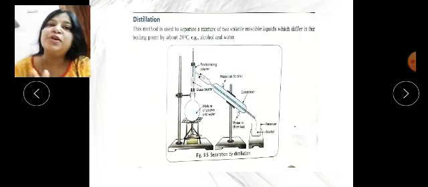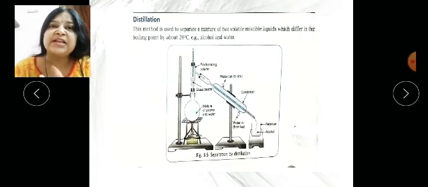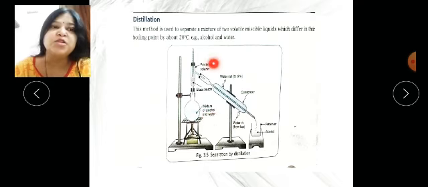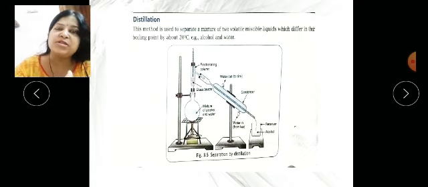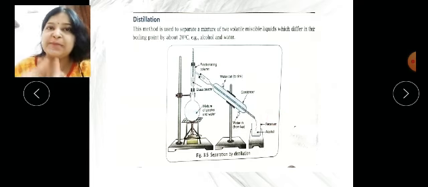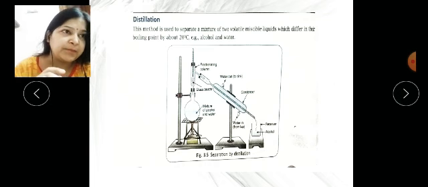One important thing you should remember: as both have different boiling points, the substance having the lowest boiling point will evaporate first. So remember, in this case alcohol has the lowest boiling point, so it will come out first. Then the water will come out next. For collecting both the water and alcohol, we should use different empty beakers, or reservoirs.